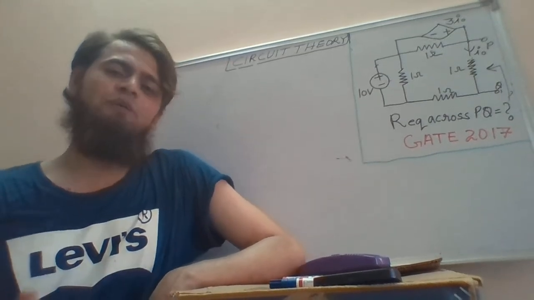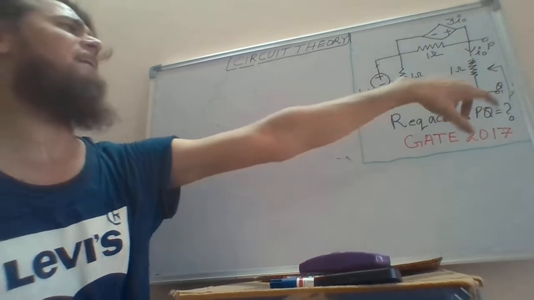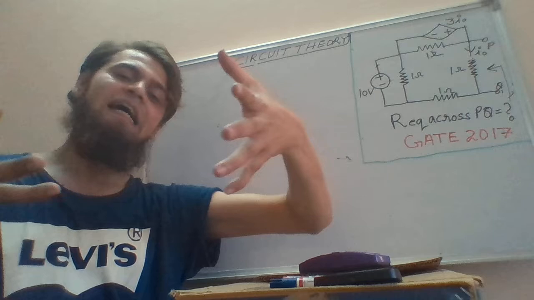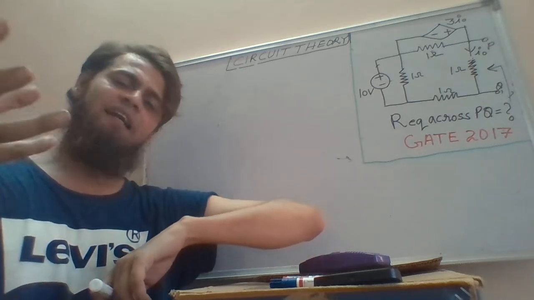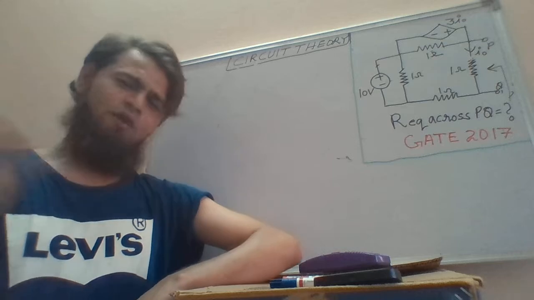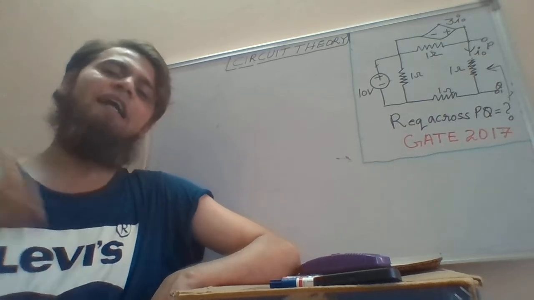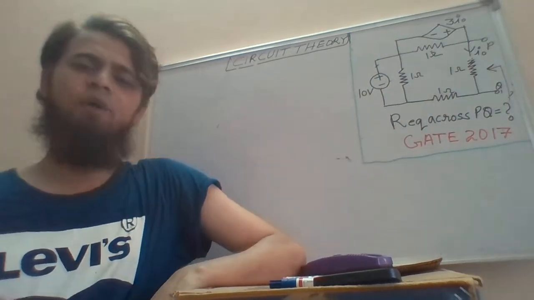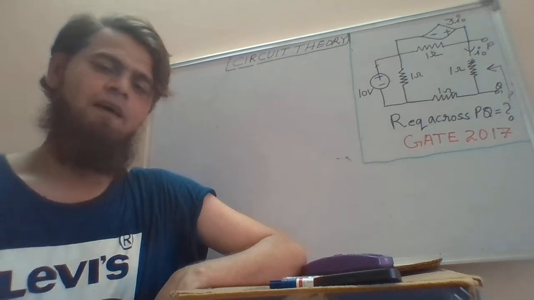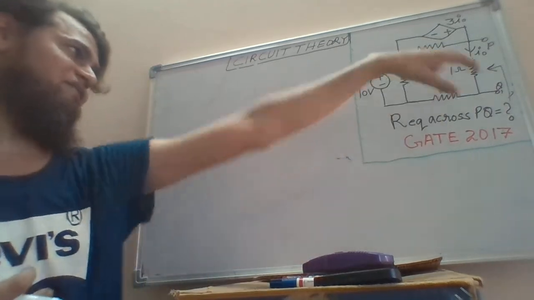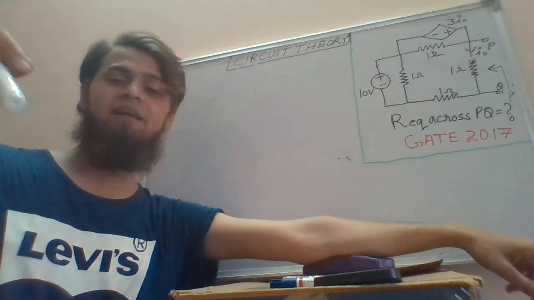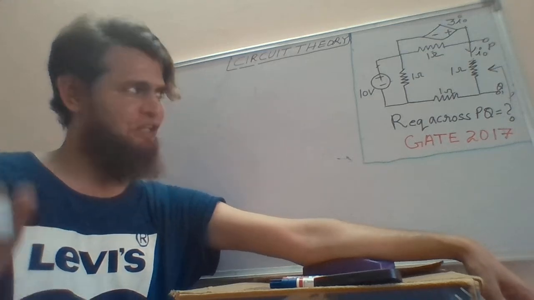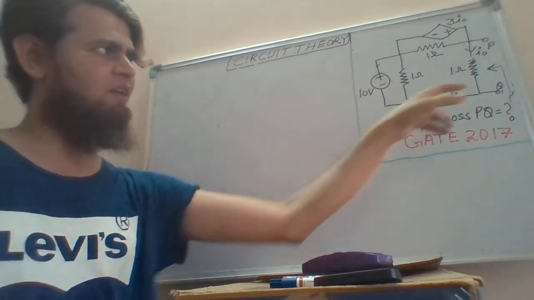Well, how do you calculate R equivalent? Usually you just connect an external battery. You have to calculate R equivalent across the P and Q terminals. So just connect an external battery, let's say of V volts, and just look at the current that the battery is supplying to the network whose R equivalent you want to calculate. So you have connected an external battery of V volts, and that battery is supplying current I. Just take the ratio and you shall get the equivalent resistance of this circuit or this network.